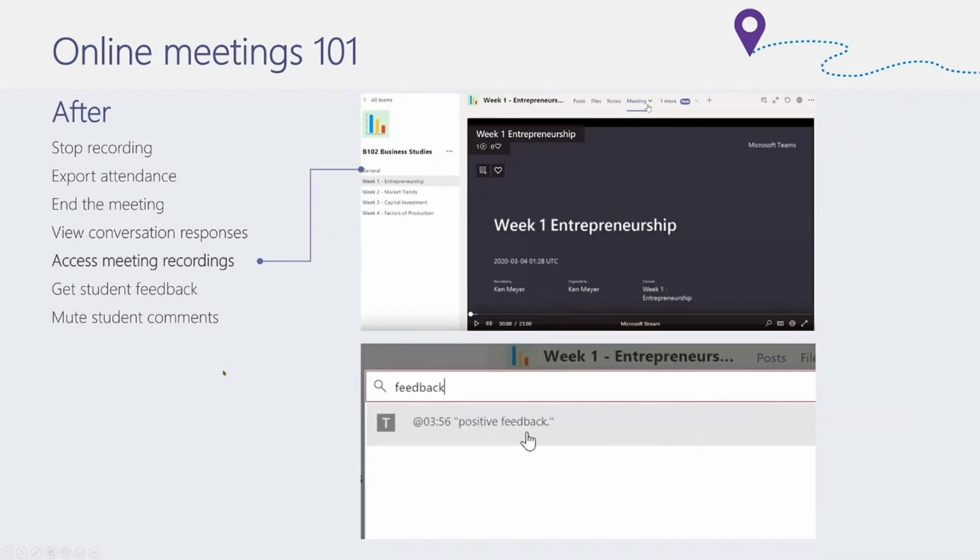We can access those meetings directly from the meeting tab at the top if you want to, and you can see each of the different meeting options when you go into that. And we can also then start to work our way through that transcript. So you can look for when the word feedback appears, for example, and I can see here, because that transcript's being created, it's picking up the audio of when positive feedback was mentioned at that particular time. And it will give you this timestamp so you can jump backwards and forwards through those and work your way through them.